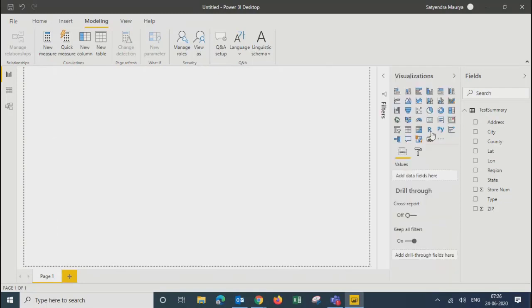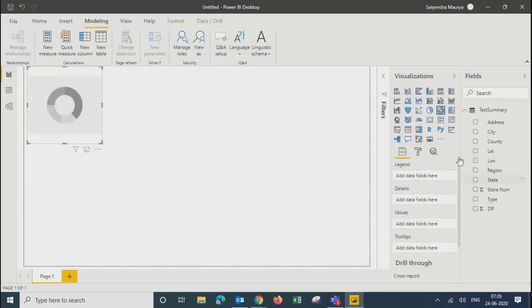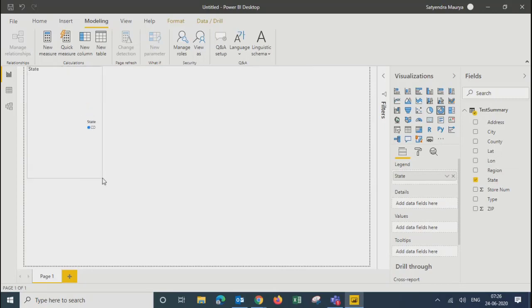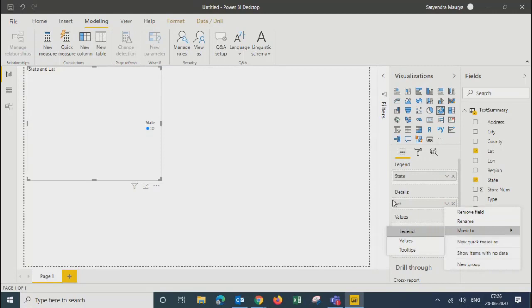We'll create some visualizations. For example, let's say donut, I got states. Then we got, let's say, latitude, longitude. No, we don't have anything like that. Let's say count of some fields.